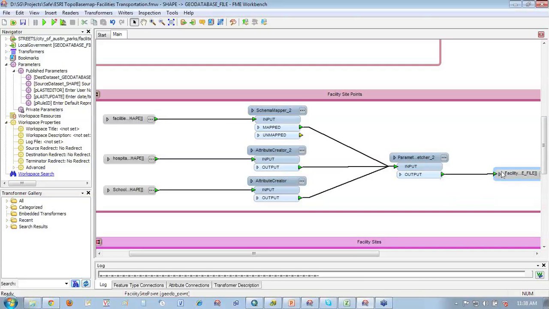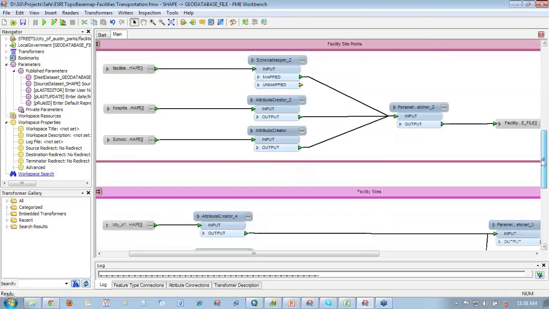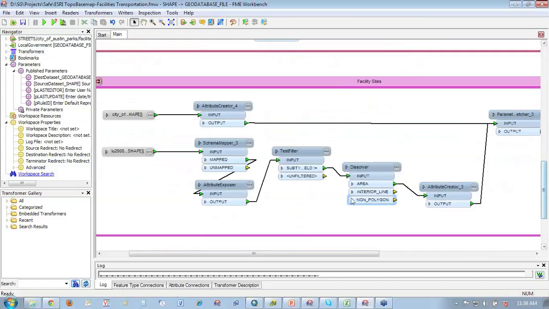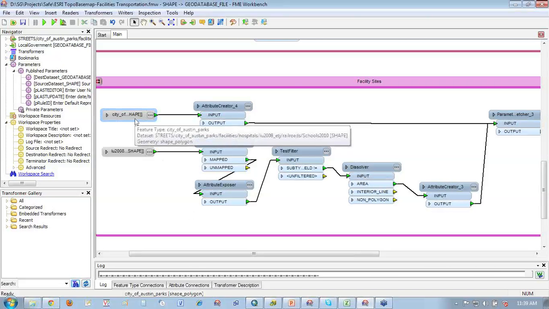So this is a pretty complicated, or one of the heavy lifting parts of using this data model, taking all of those source point shape files and combining them together into a facility site polygon. And again, you can see we're doing some schema mapping stuff and some other things here, but it's maybe even a little bit more interesting if we look at the polygons in this case, because even though the City of Austin had a bunch of points that would represent those facilities, they didn't have anything for the polygons. And I looked around for different sources. Parks was the only one that was there in polygon form.